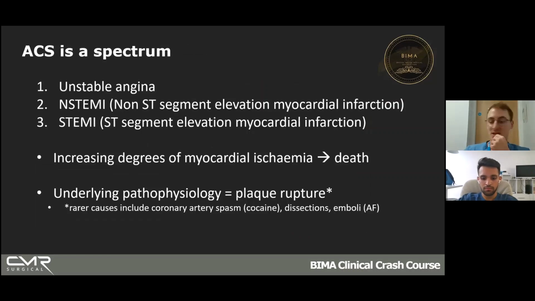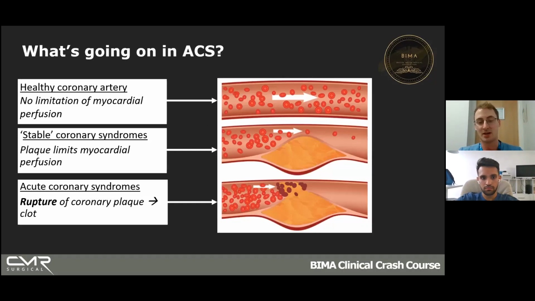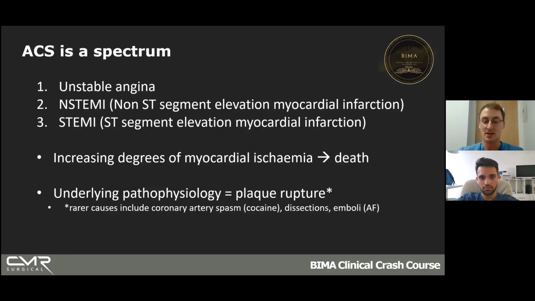Lovely. So an ACS is represented in 3 different clinical ways, basically, going from least bad to bad. So number 1 is unstable angina. All of them involve, most of the time, this plaque rupture. In unstable angina, there's still enough blood getting through the rupture for you to have some supply to the heart muscle, so the heart doesn't die. N-STEMI, there's less blood, but there is still some blood going through. So some cells die, but not the full thickness of the myocardium, which is what causes ST depression and T-wave inversion